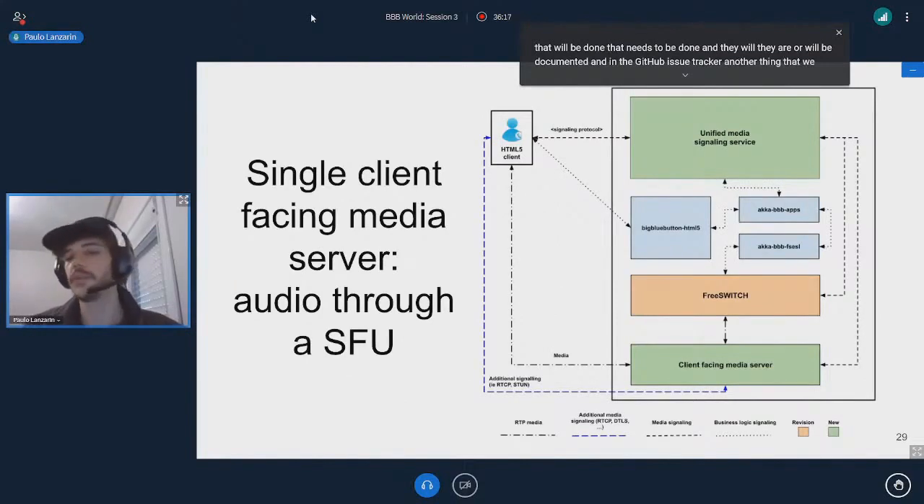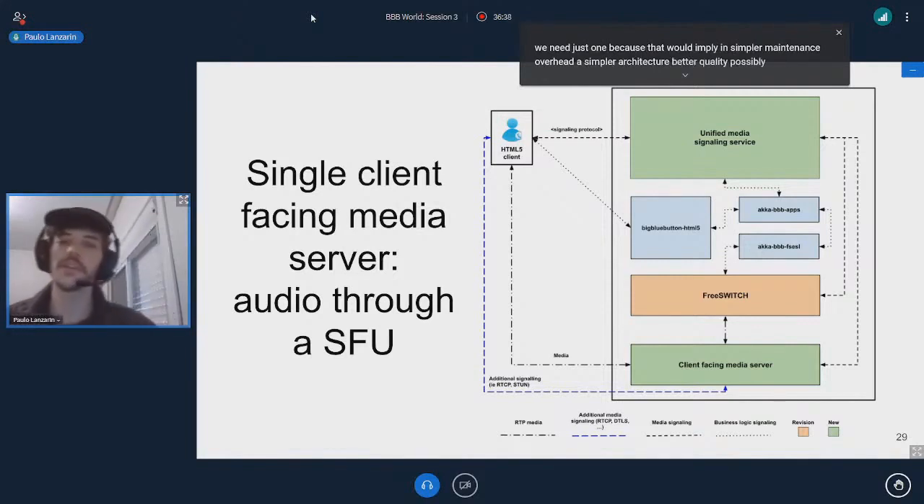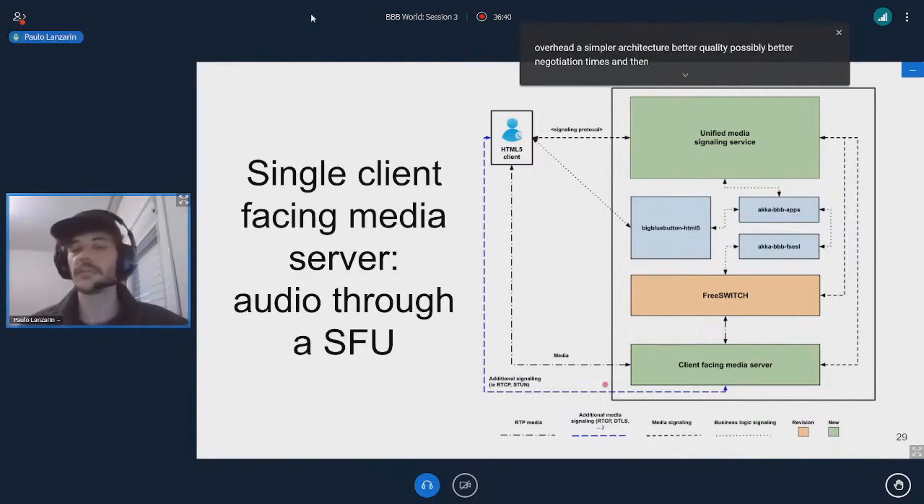Another thing that we need to improve, and that's more of a long-term plan, is actually trying to have a single client-facing media server. So we have FreeSwitch and Janus talking with the end users right now, but we need just one, because that would imply a simpler maintenance overhead, a simpler architecture, better quality, possibly better negotiation times. And then you can compare this diagram to the one which I showed before, which showed the entire architecture. It's much simpler,